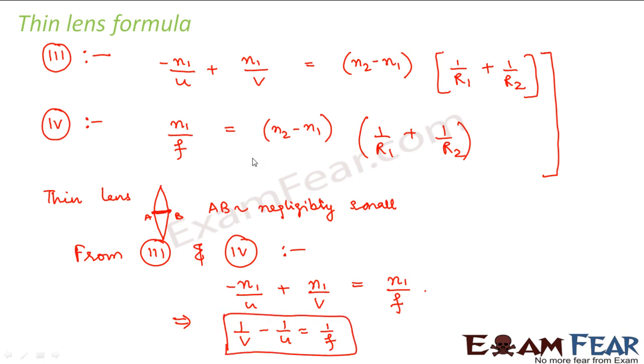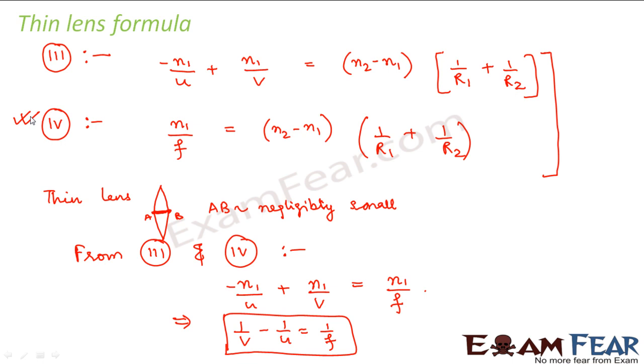When we assume that this is very small, the distances which we have measured for both the spherical surfaces do not help. I mean, there is a correction which needs to be done for this width. But when we assume that the lens is very thin, the formula which we have applied so far holds true. So this formula is often known as the thin lens formula, because we simplify it taking into consideration this special case when the object is at infinity. Because if the object is at infinity, the image is formed at the focal length. The image is formed at the principal focus.